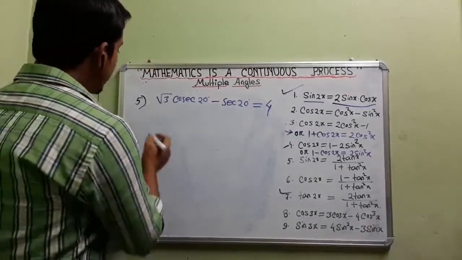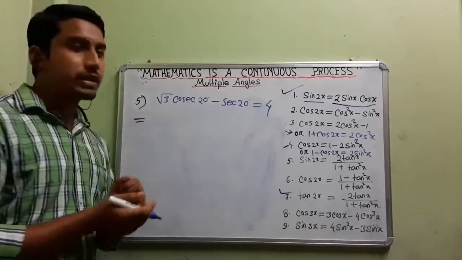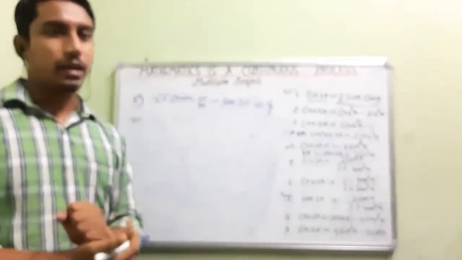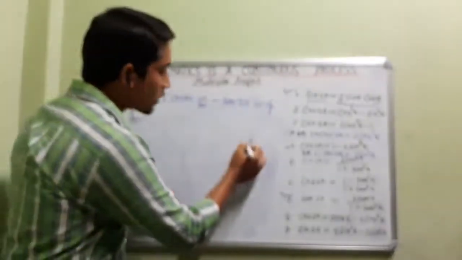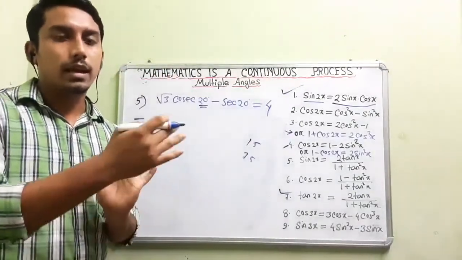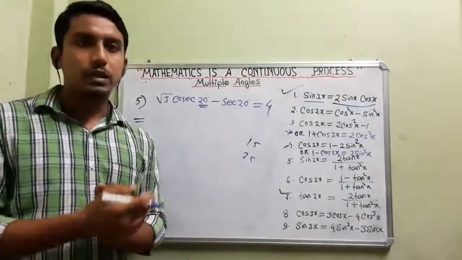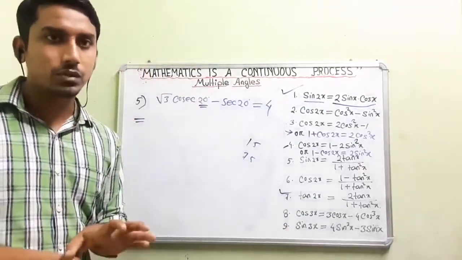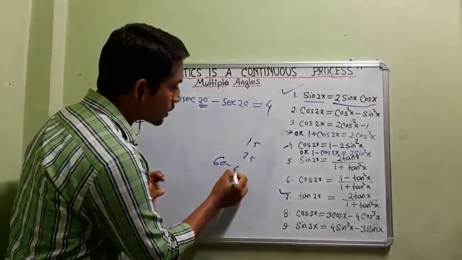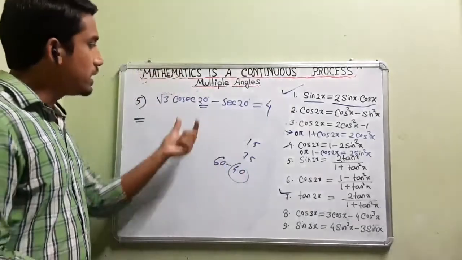If I concentrate on the left hand side, you see cosec 20 degree, concentrate on the angle 20 degree. You don't know about the angle 20 degree, isn't it? First of all, this is not an obtuse angle, so we will not be able to use the quadrant concept. Quadrant concept is only applicable for obtuse angles. And this is not a known acute angle, this is some unknown. Also this is not like 15 or 75, these kinds of acute angles, because 15 we can express in terms of known angles like 45 minus 30. Similarly 75 we can write as 45 plus 30. But 20 we will not be able to express in terms of two known angles. I can write 60 minus 40, but here 40 is unknown again. So that's why this is a special type.